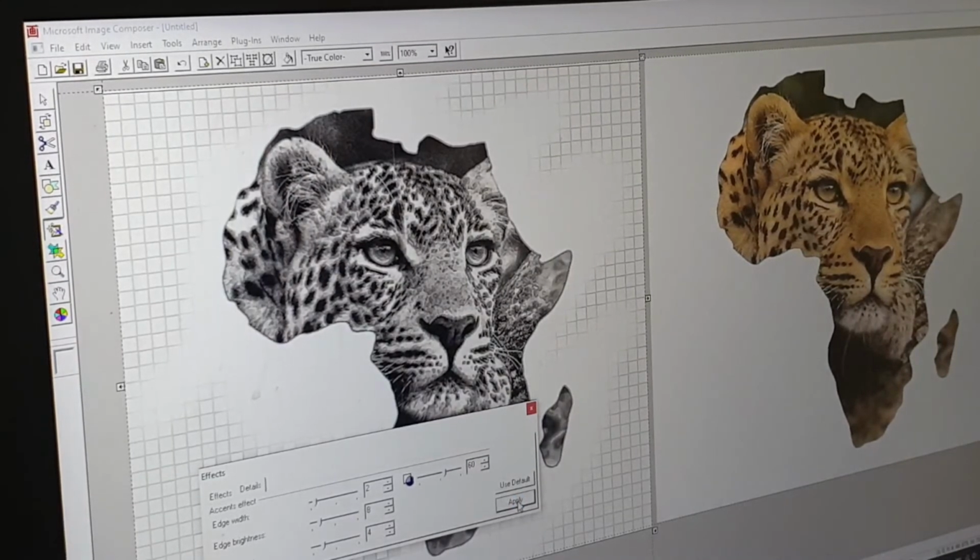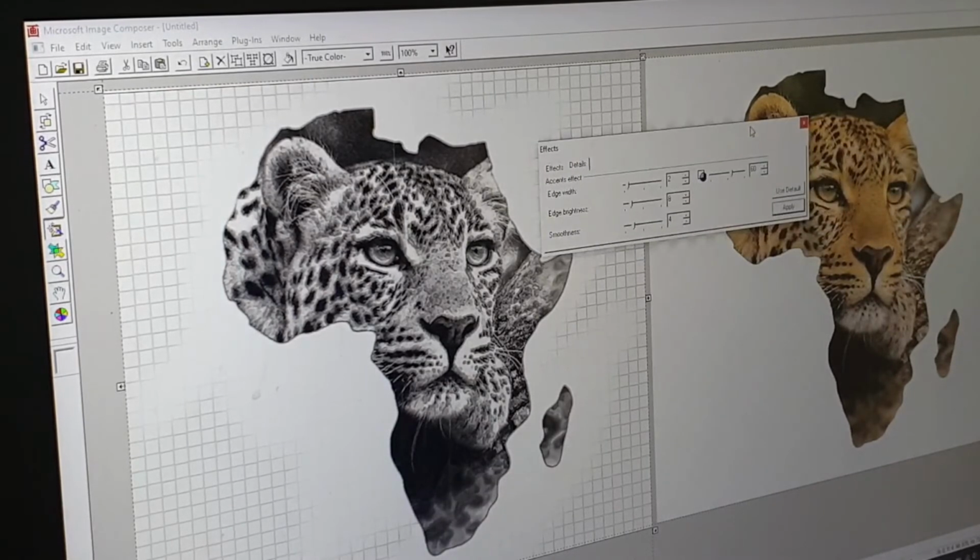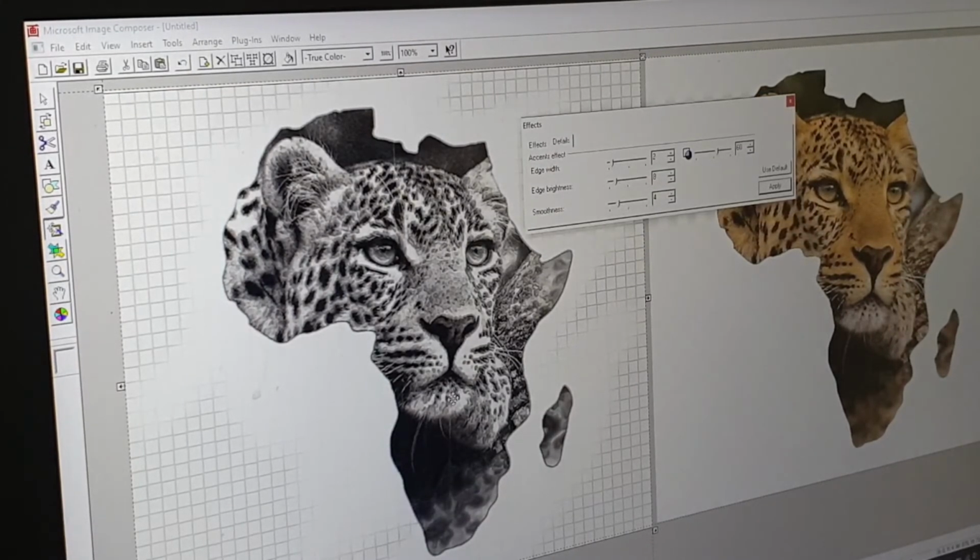Okay, so now what you'll notice is that there's a whole bunch of details that weren't there before. We now have white sections, we have gray sections, and the very dark sections are not lost. So we now have an ability to create a very good trace based on the shading of